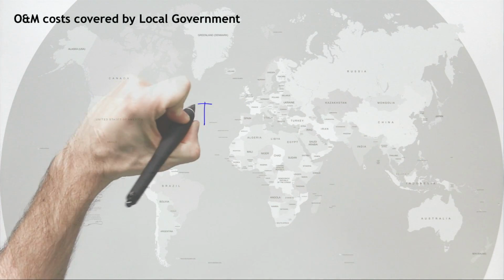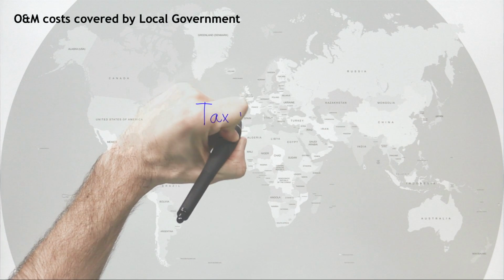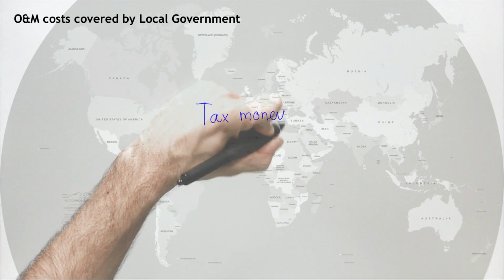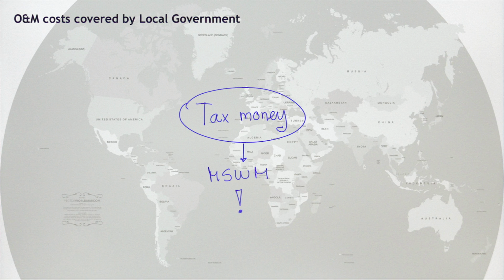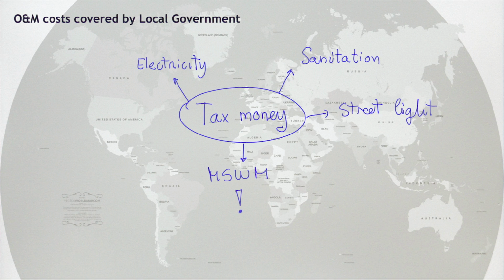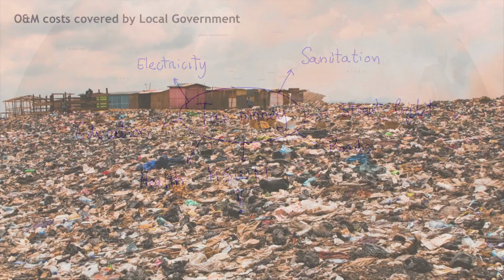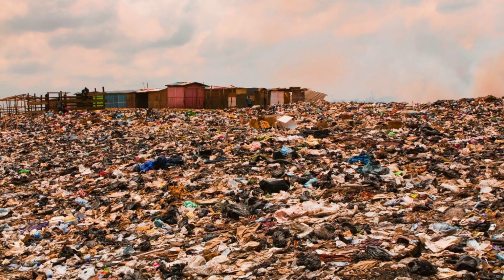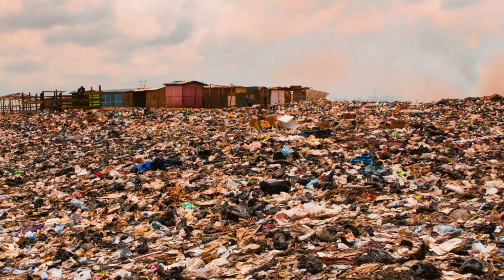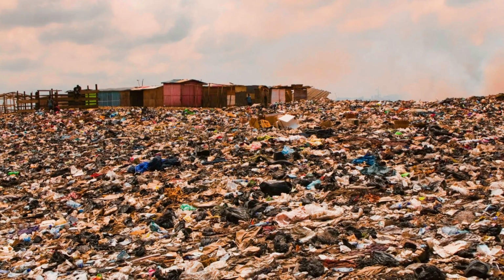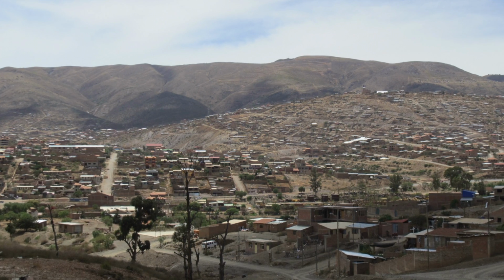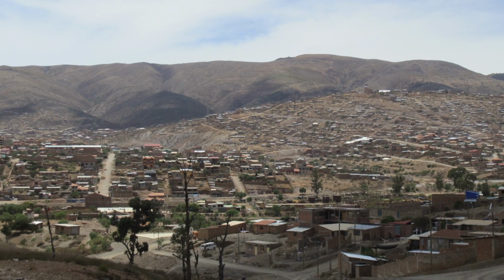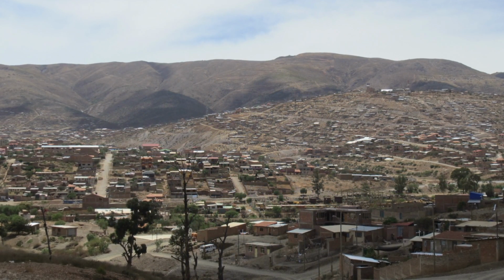Depending on tax money to cover the cost of municipal solid waste management is often difficult because, as mentioned before, tax money is needed for a large variety of urban services, and it requires a hard negotiation to get the amount needed. But also tax recovery is often difficult given the inadequate property cadastre systems in rapidly urbanizing cities with expanding informal settlements, where actually only a small proportion of the residents pay taxes.